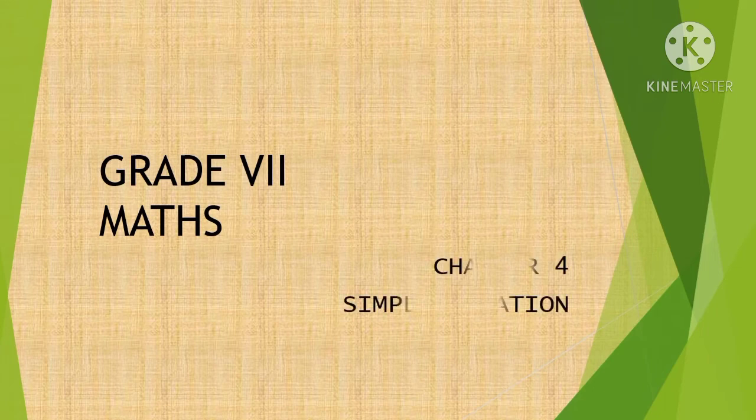Today we are going to continue with chapter 4, Simple Equations. So just recall about chapter 4, children. We have learned the definition of equation, expression, then variables, constant, how to solve an equation, and how to find the solution of an equation. And if a statement is given, to read it and write down the equations. So today we are going to continue with our exercise problems. So let's start.